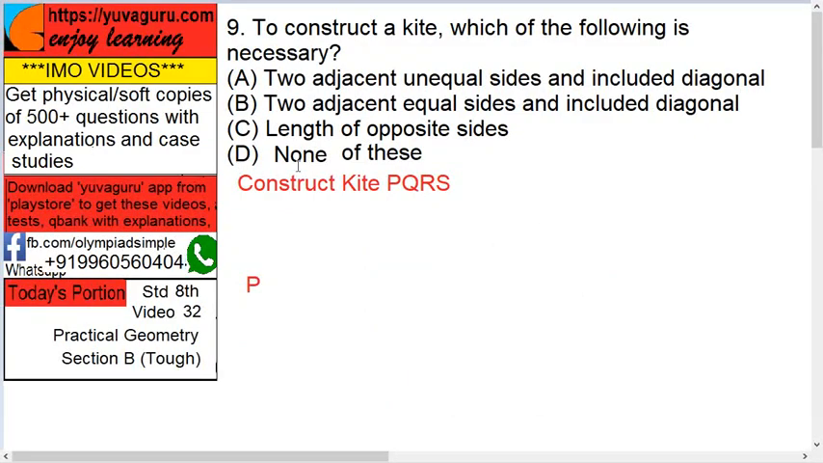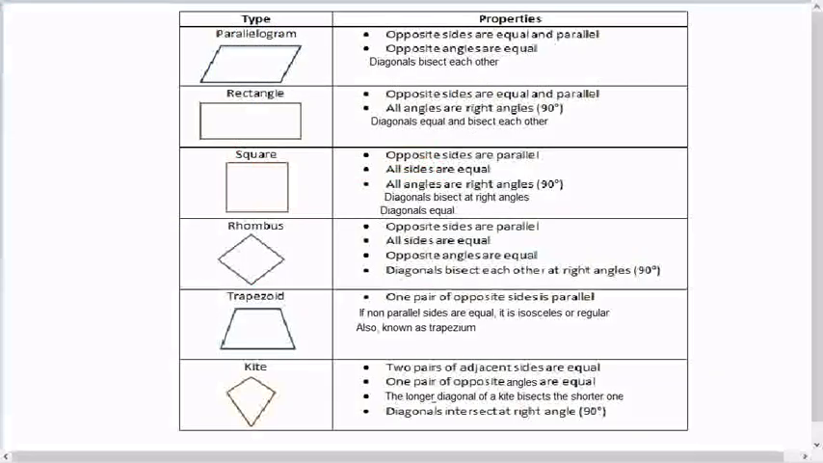So the answer is D, none of these. But then the question will be, what is actually required to construct a kite? What is the minimum requirement? What you need actually to draw a kite is the length of the adjacent sides, meaning these opposite sides,